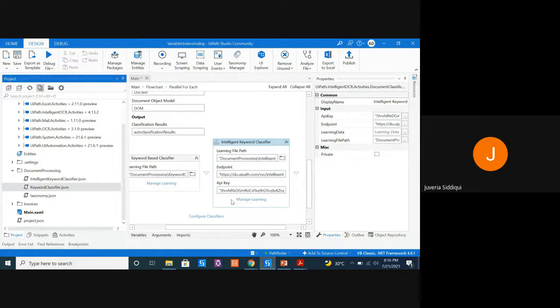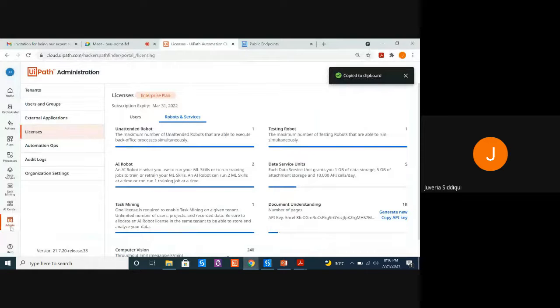Now I'm going to tell you about the machine learning part of this and also the Artificial Intelligence Center that UiPath has, AI Center. So before I even use that machine learning classifier, I'll show you the AI Center on the UiPath Studio.